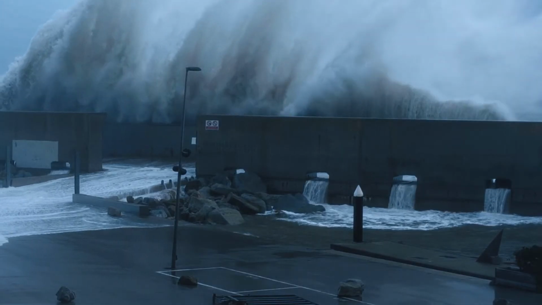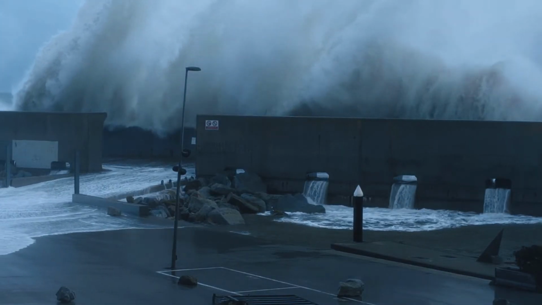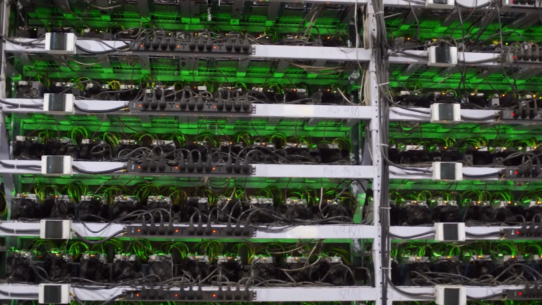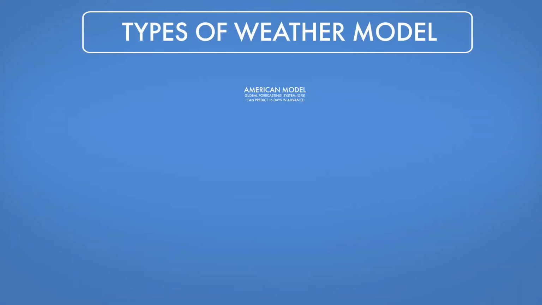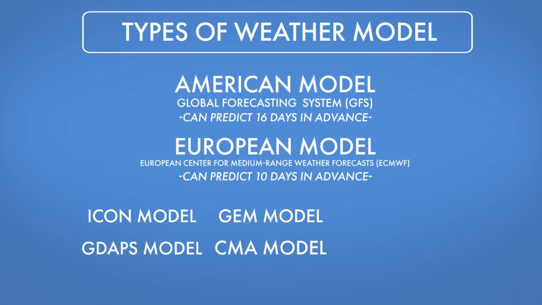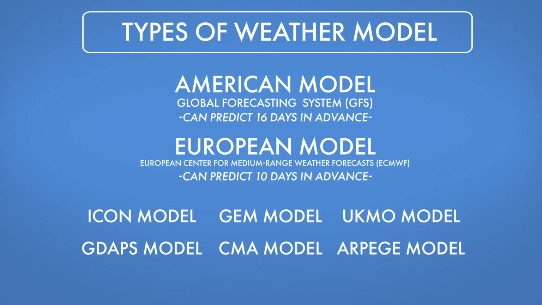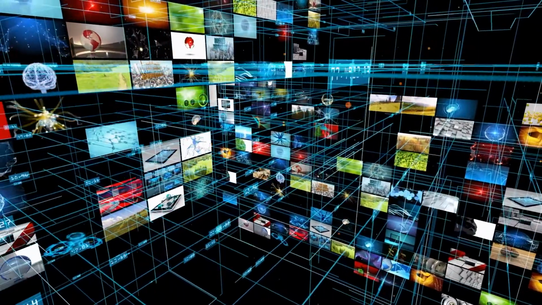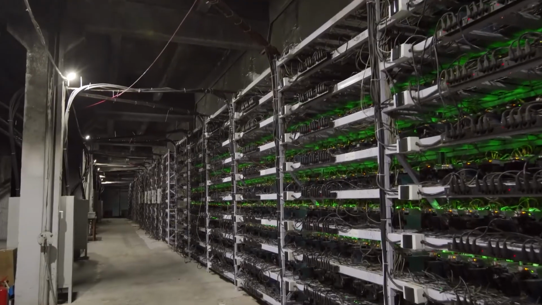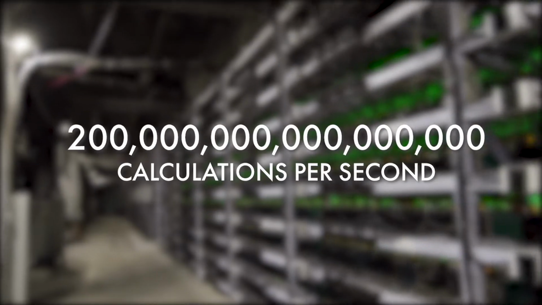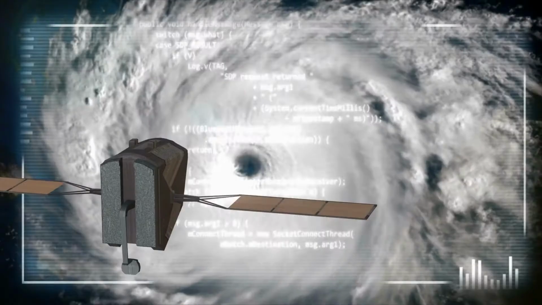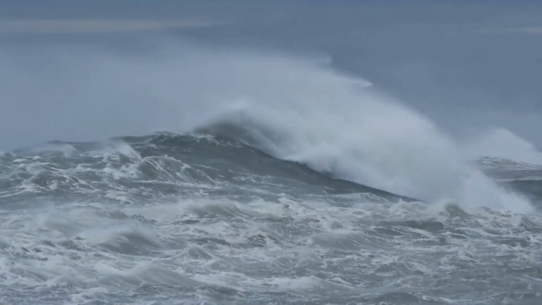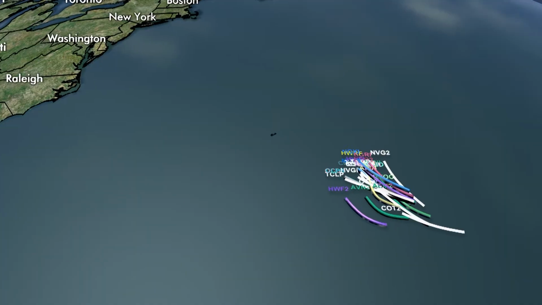So what happens now with this absurd amount of collected observational data? Well, it gets stored in a supercomputer which calculates several different computer models. You might have heard a meteorologist talk about some of these models, like the GFS American model or the Euro model. Each model looks at the data differently and uses different equations to calculate a forecast. Supercomputers can make up to 200 quadrillion calculations per second, which means they can make a whole lot of predictions in a short amount of time, and determine several different paths for a storm,